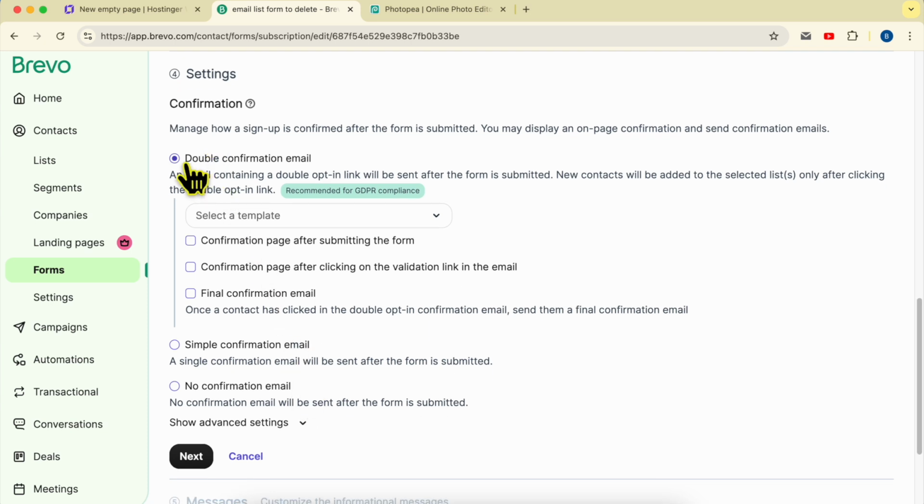Here you can add new subscribers to your email list by double confirmation or double opt-in confirmation, simple confirmation, or no confirmation. But I recommend you to go with double confirmation. Here double confirmation means that your subscriber, before joining your list, should click on a button or click on a confirmation button in order to join. This way you make sure that your subscribers really have access to their inbox, and this helps with your email